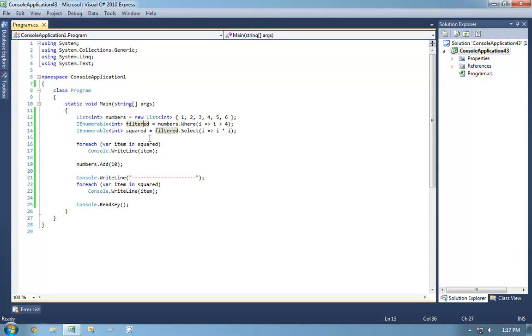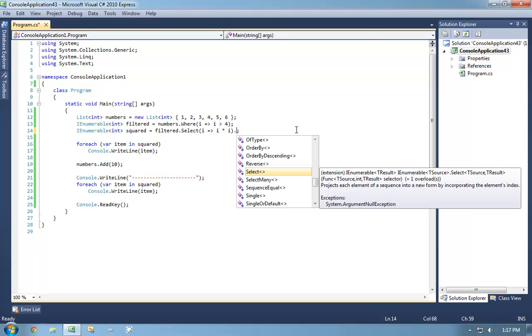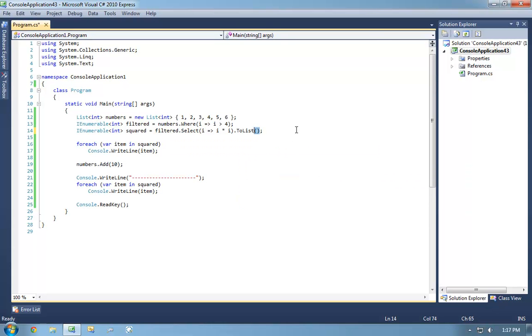Now, one of the first new things I want to introduce people to in LINQ, which I don't think I spent very much time on last week, is the ToList extension method. What this will do is effectively flatten your operations. It'll compute them all and then place them into a list and return it.